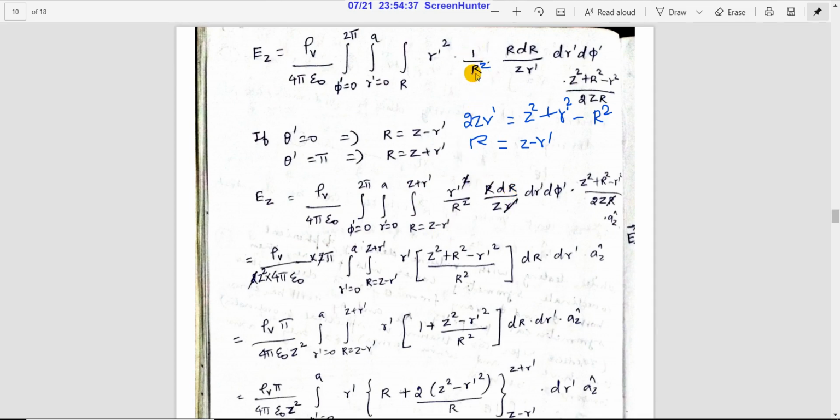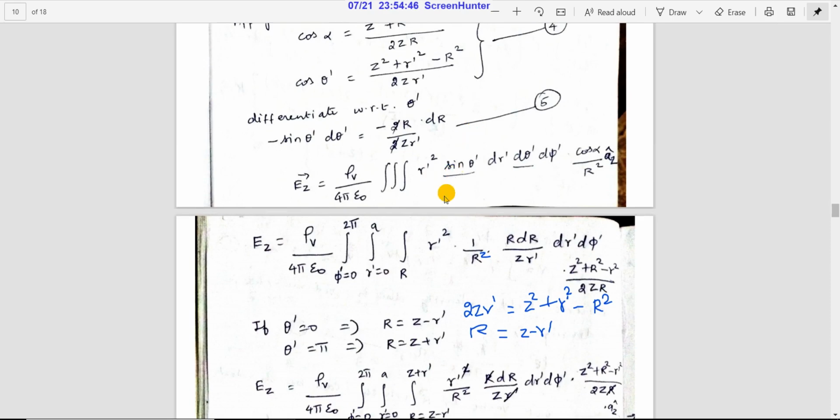So if you substitute these values, here in the notes we have missed one term, that 1 by r square will be coming. I just missed that, sorry for that. You just take care of that particular element. So here sin theta dash and d theta dash have been there, so we can take this particular value as minus; this minus and this minus will be getting cancelled, so you can write r dash square, 1 by r square, r into dr divided by z r dash dr dash d phi dash.